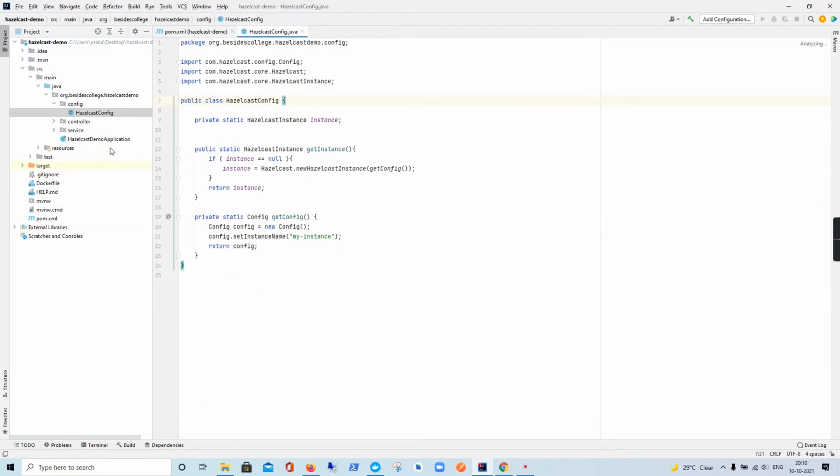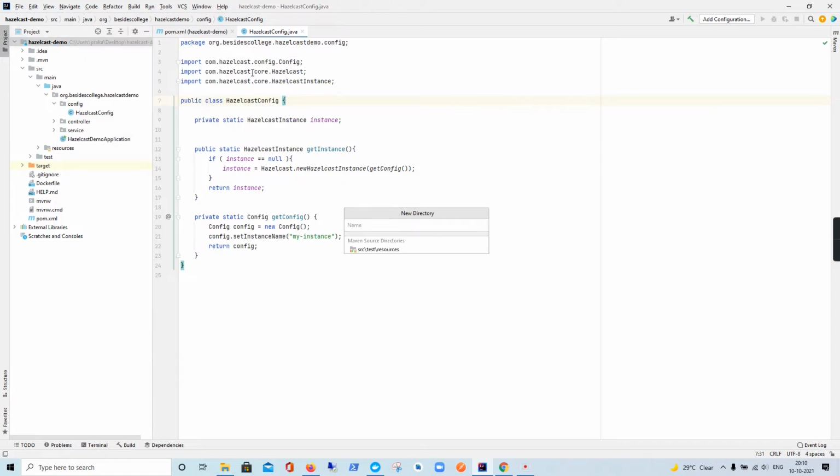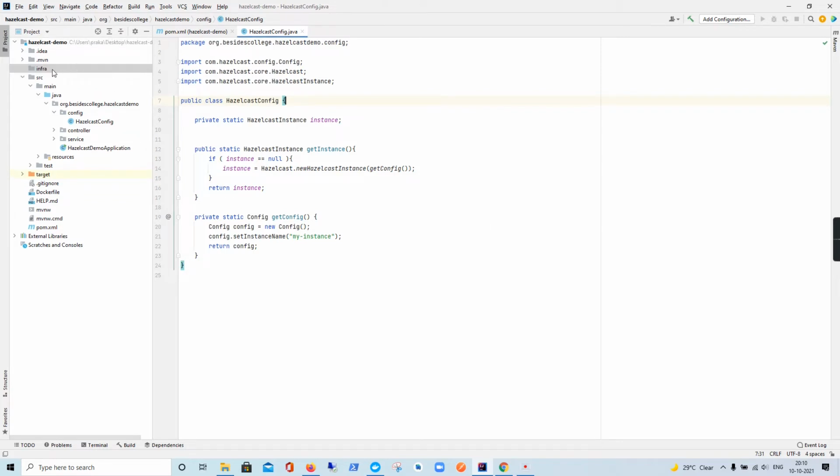So before writing this file, let's quickly create the Kubernetes deployment related files. I'm going to quickly copy this over from a GitHub repository. The link is in the description. We will understand these files line by line, but just to save a little bit of time, we are going to copy this. In our root folder, let's create an infra directory where we will be copying all these files.